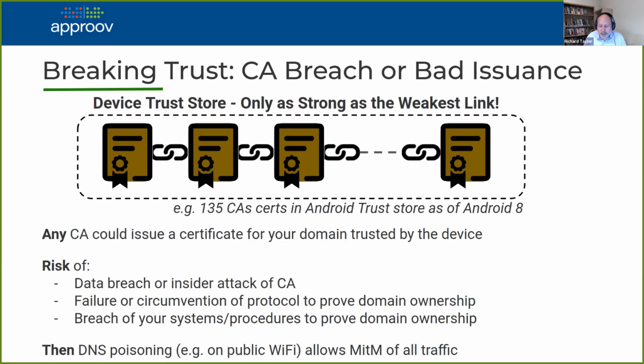That is one possibility. And then once that happens, if somebody, for instance on public Wi-Fi, is able to redirect DNS, so rather than going to the official server, it goes to a server with this incorrect certificate installed upon it, then as far as the app is concerned, it wouldn't really know the difference. It thinks it's legitimate traffic, and then end user traffic would be directed at this attacker's API endpoint.